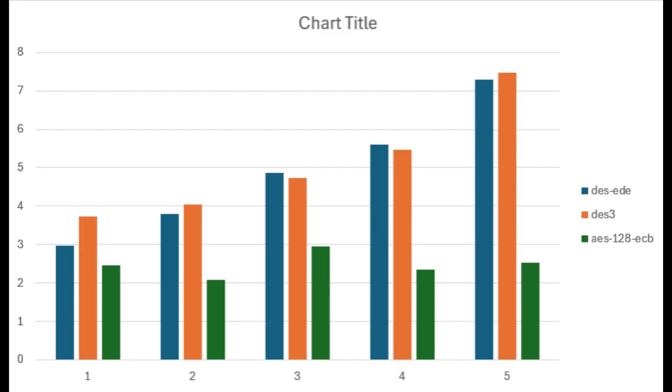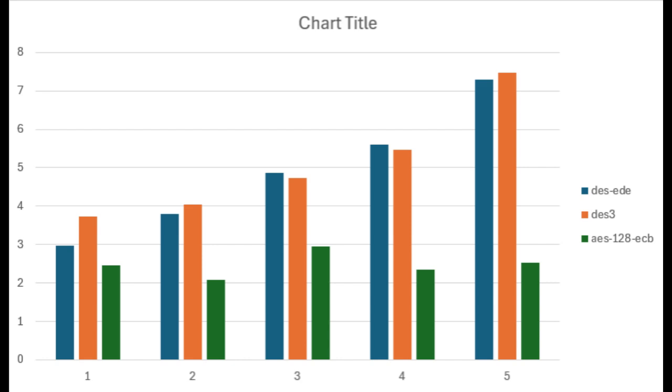Item 10 asks us to, using all those files that we did in the previous homework, encrypt them using all the same algorithms that were used in the previous item, which was des-ede, des3, and AES-128-ecb. Run those like we did and get the real time and compare them. And my graph shows here the comparison of all of these